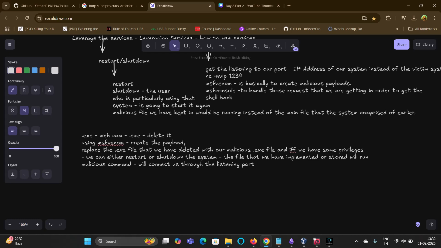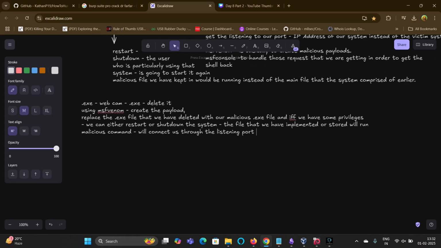So I guess this is pretty clear, guys, and I have a request: do not use it for malicious activities. It is just for educational purposes. Do not use it in a wrong way, and that's going to harm you as well as me as well. So please do not do that.